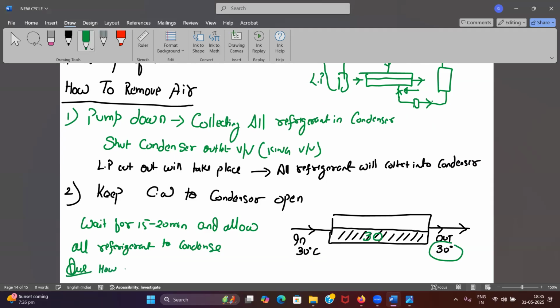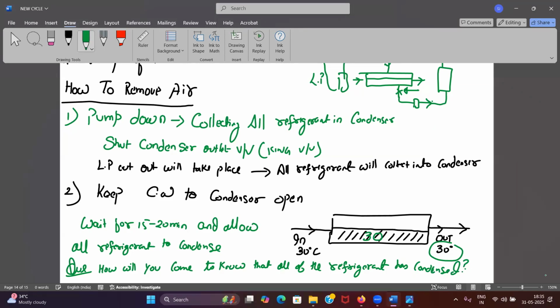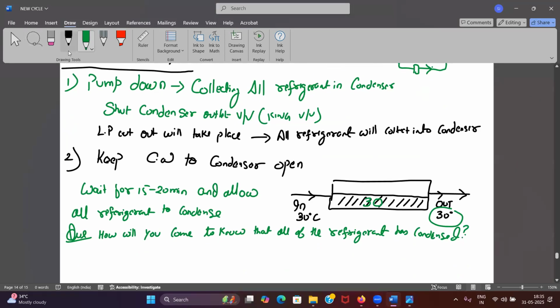Question, how will you come to know that all of the refrigerant has condensed? बोलो। साइड ग्लास में देखेंगे, कंडेंसर में साइड ग्लास रहता है जो। When, sir, inlet and outlet temperature of cooling water will be same, temperature इक्वल हो जाए, becomes same।